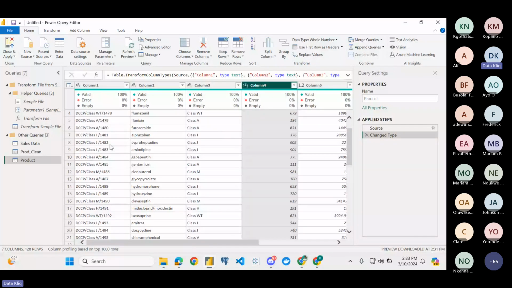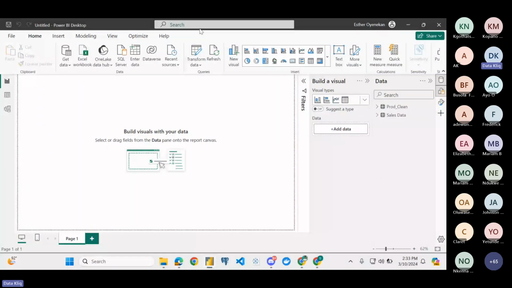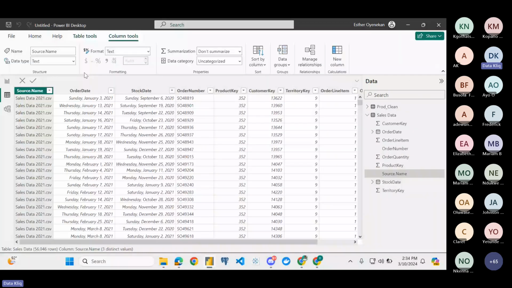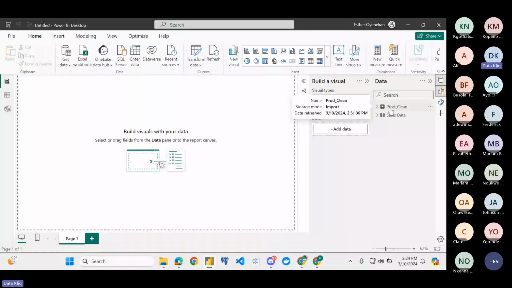The time when you come to Power Query is when you feel, oh, my data is not in the right format, I need to clean my data and do every necessary thing. In case you are already in your Power BI analyzing your data and you see some error, you can't really do much data cleaning in the front end of Power BI. So if I feel this data is not as clean as I thought it to be,